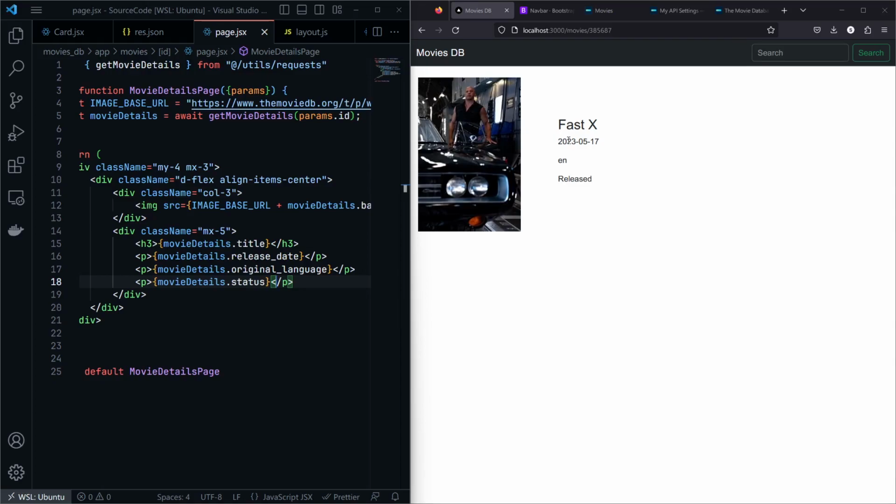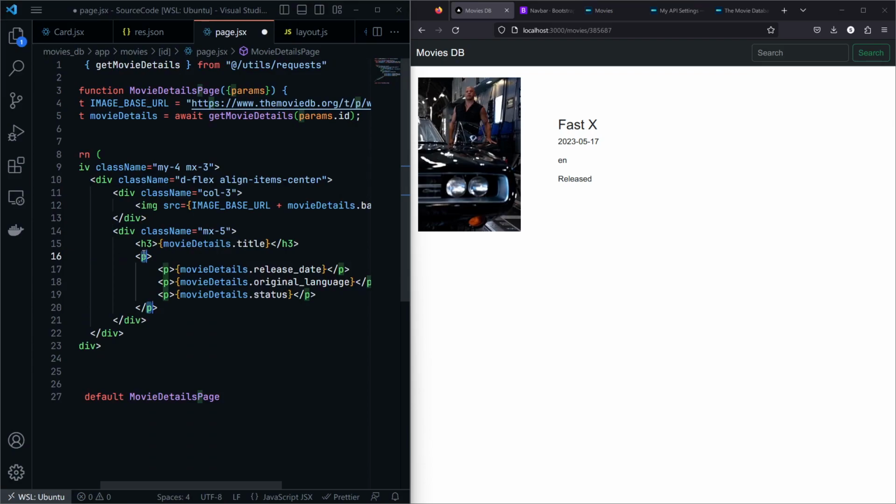And I want all of these 3 things to come in a horizontal way. So again, let's wrap all these things in a flex box. Then here I'll create a new class. I'll just get the flex, save,